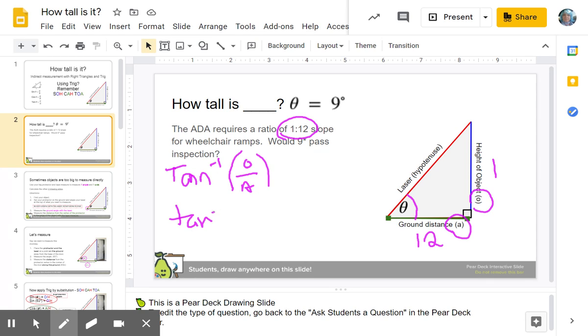Tangent -1, and then O over A. And that's going to give me my angle measure, right? So we were looking for the angle, so we used that little -1, and we just multiplied. So over here in the calculator,